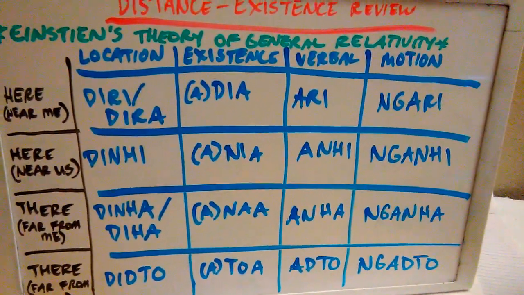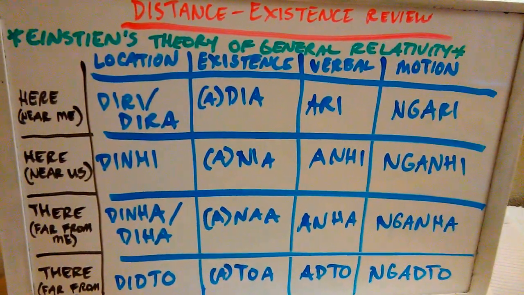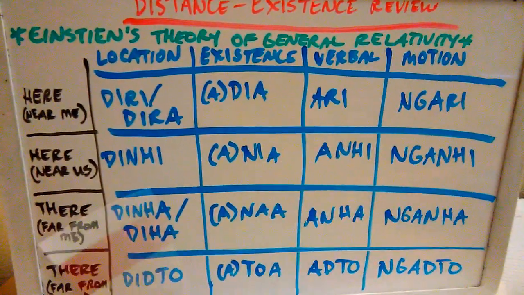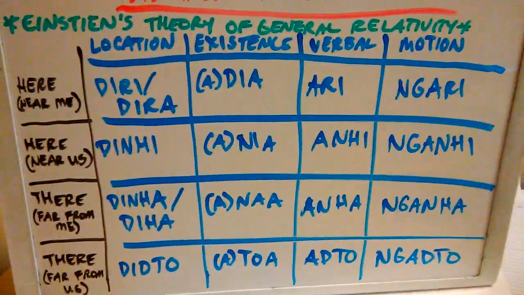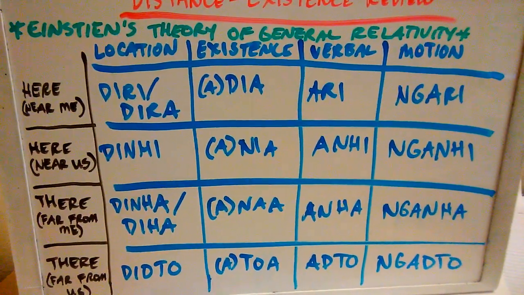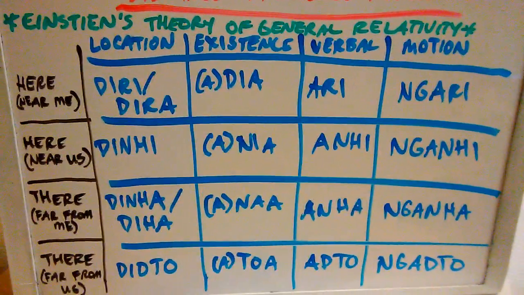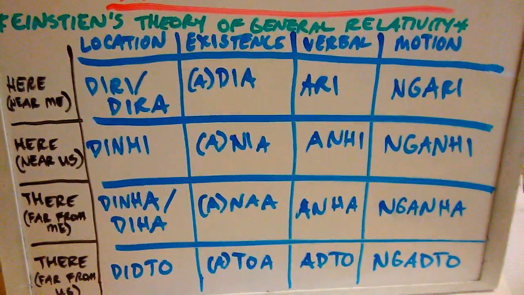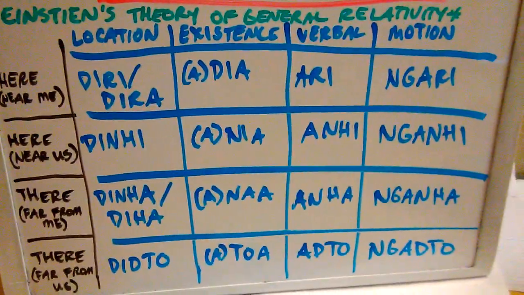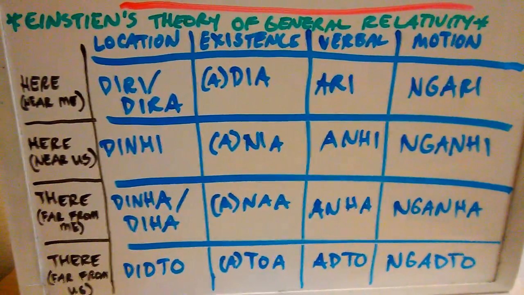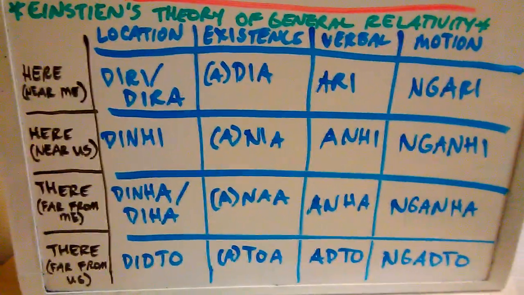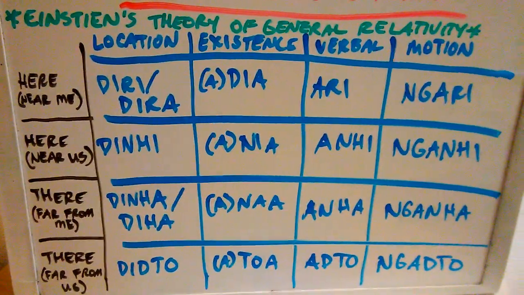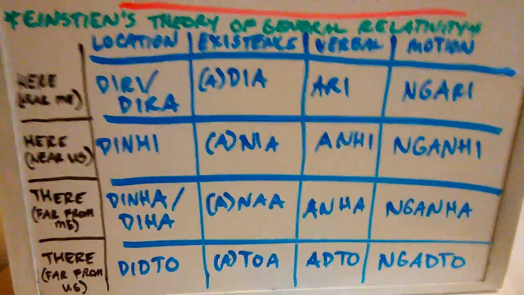Anyway, moving on. This is what's called deixis, something like that. But it's pretty much that these words in this chart are used to express relativity, like things that are relative to us and the motion around us and the existence around us, right? So relativity by who is speaking, whoever's point of view it is. It could be from my point of view, from someone else's perspective, from whoever else's perspective, right?